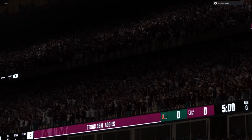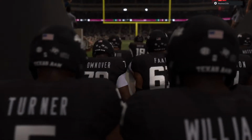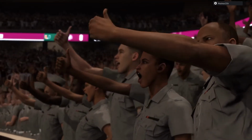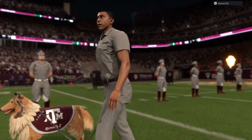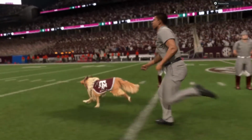Welcome to College Station, Texas, and Kyle Field, home of the 12th man, and ready to cheer on the Texas A&M Aggies. But this isn't any regular matchup. It's a battle of top tens, a couple of forces meeting head-to-head where one team will try to make a